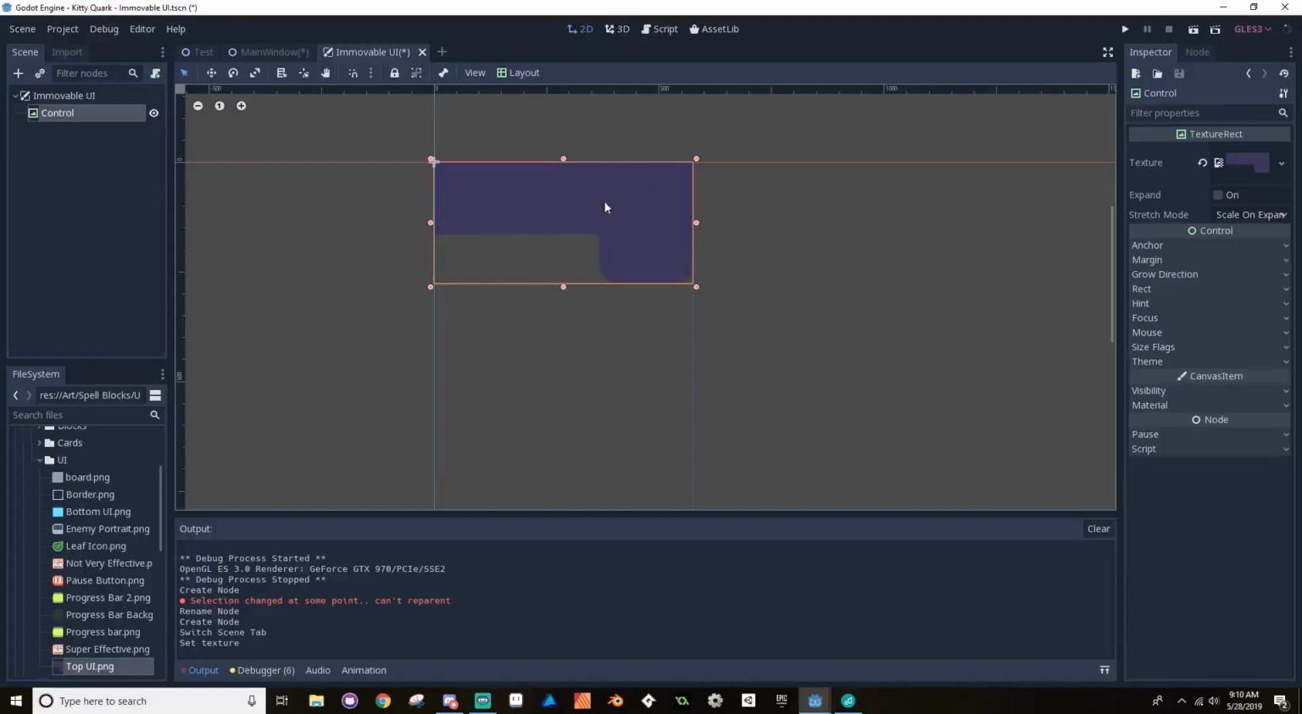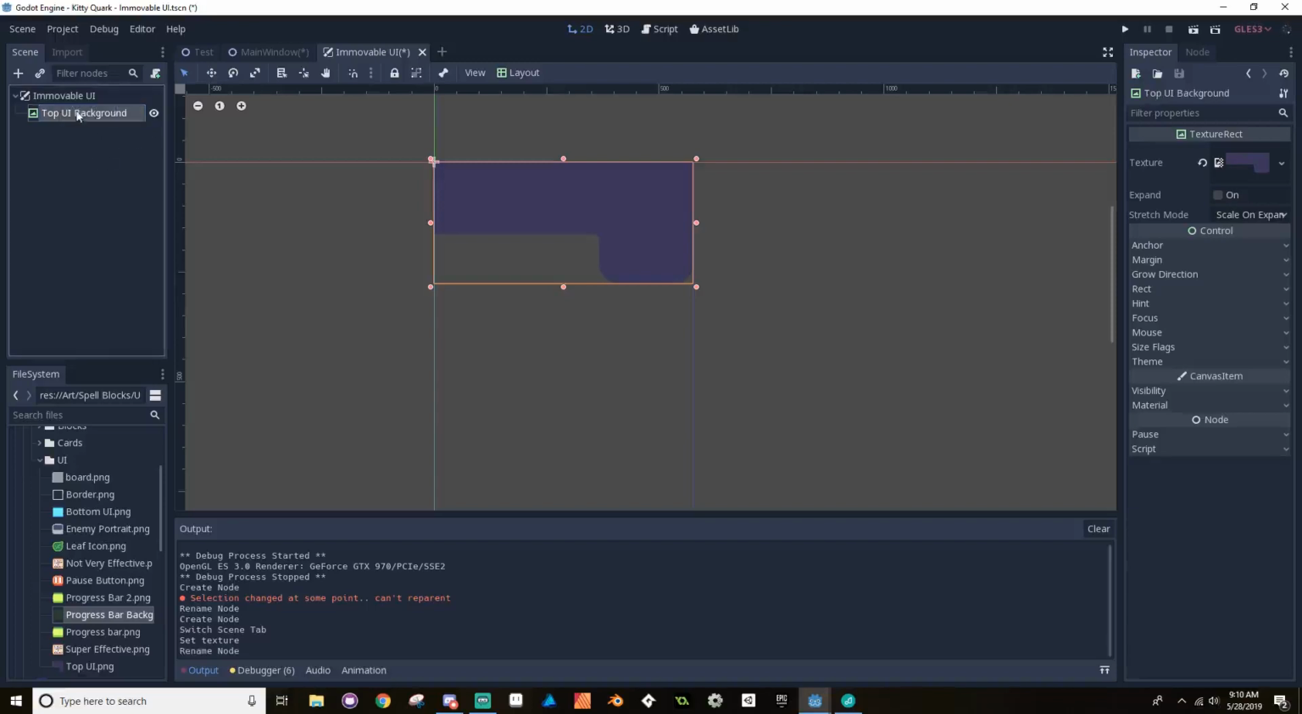I guess I wanted like the villain's portrait here, and then I could have like player health down here or something. I'm not super sold on that right now. But I'll leave it anyway. So this is going to be my top UI background. And then,